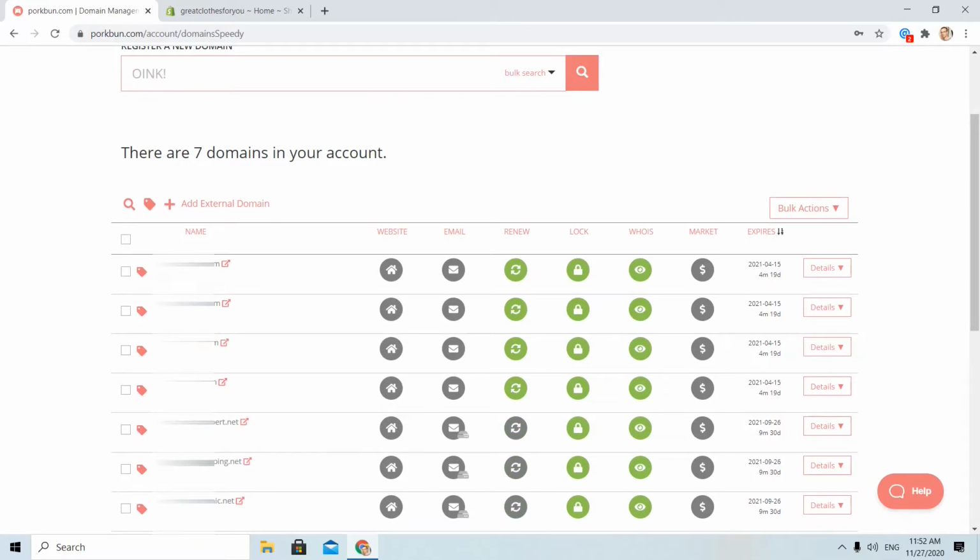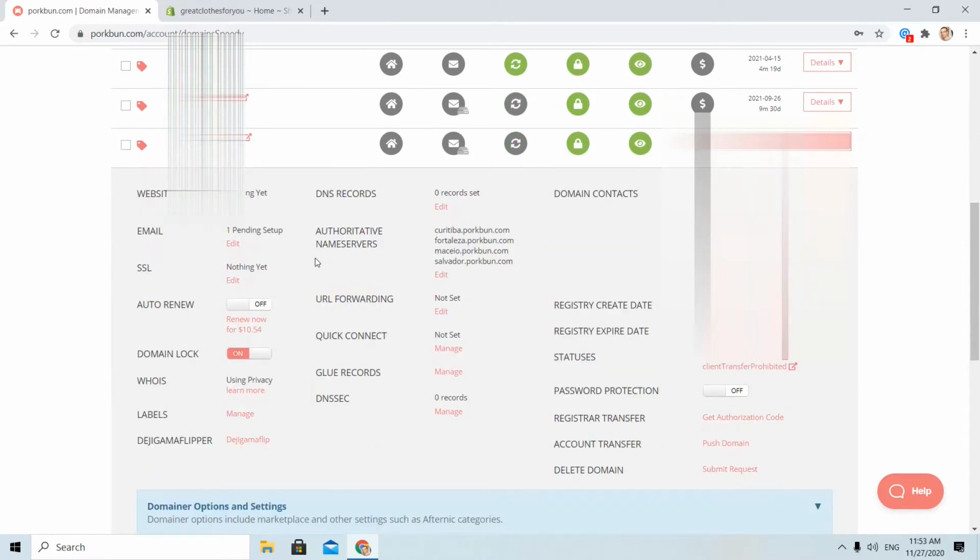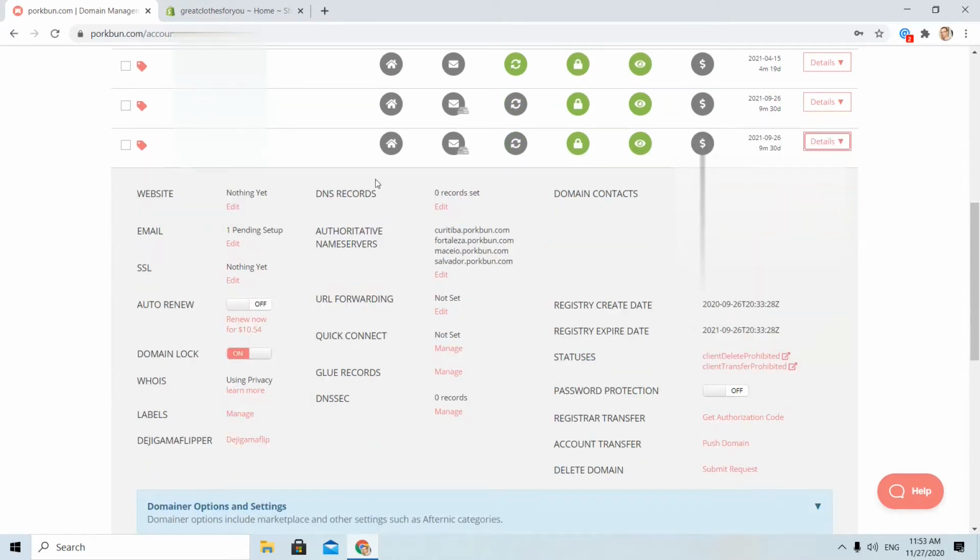I find the domain that I want to connect to my Shopify store, and I click details on the right of this domain. A new menu will appear, and then I need to click here on DNS records, edit.